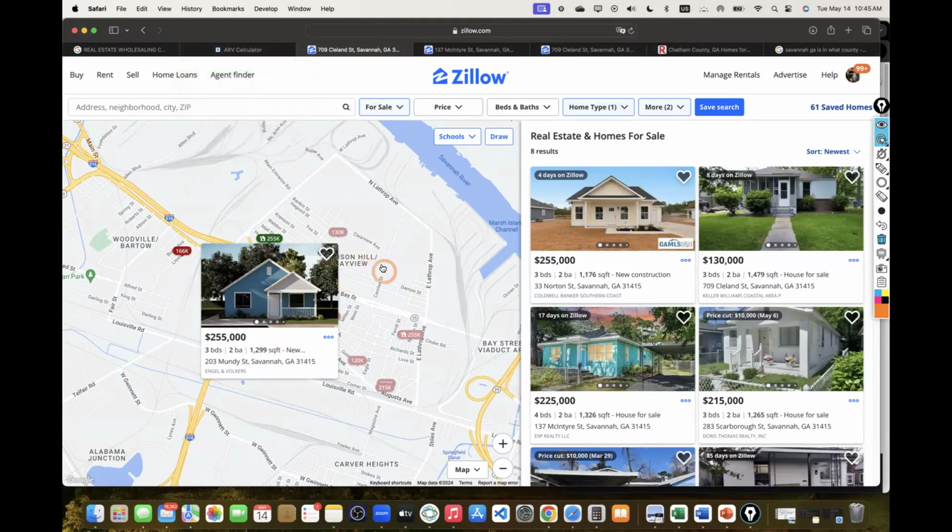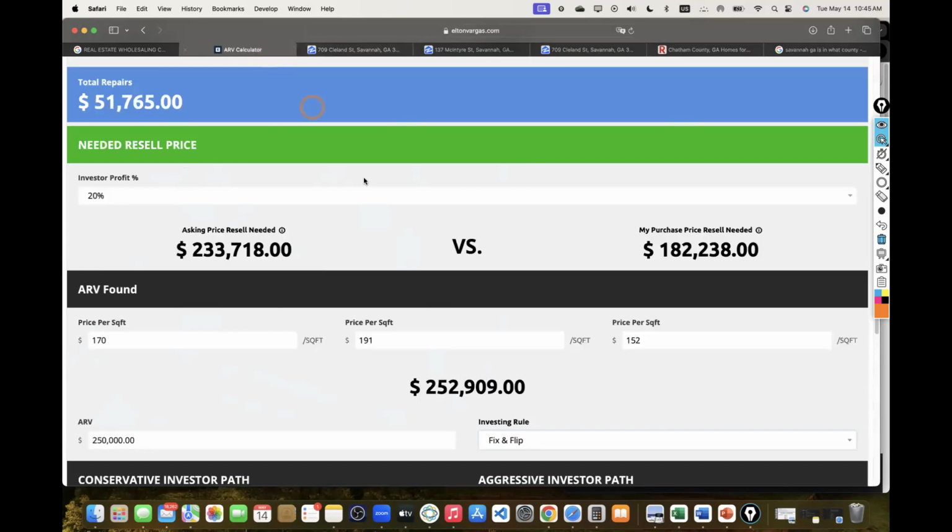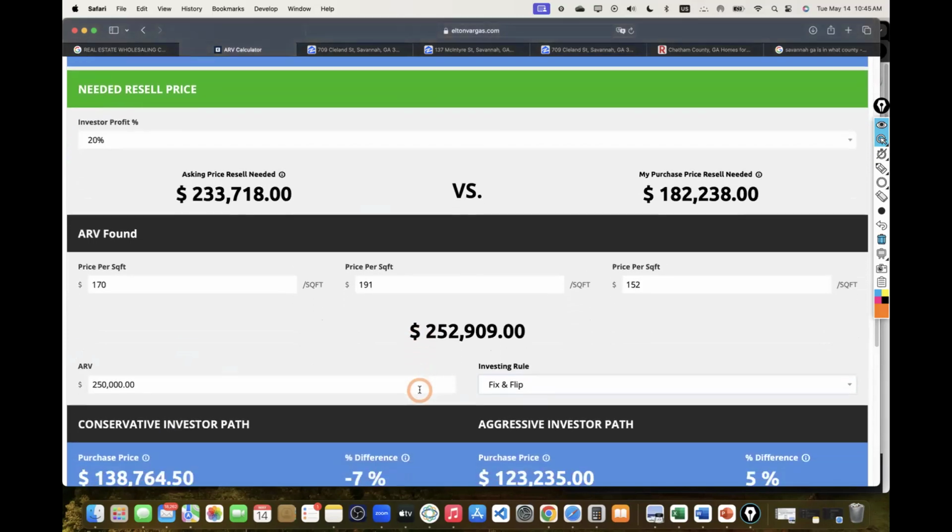Whenever they sell, this is how the market is going to react. A lot of these future properties are going to be listing closer to that price point. So our price point is 250. It's definitely doable. It makes really good sense.